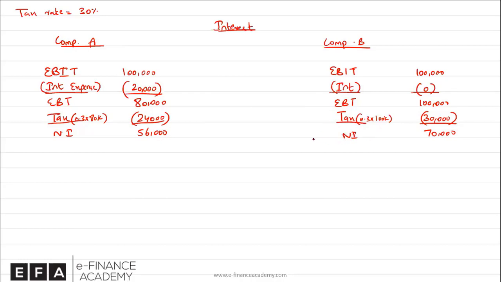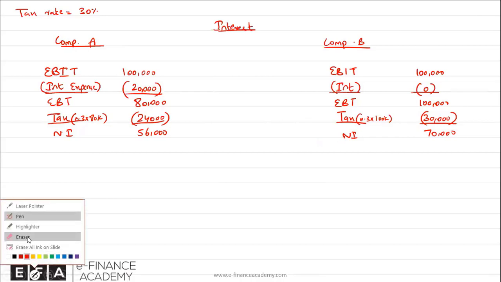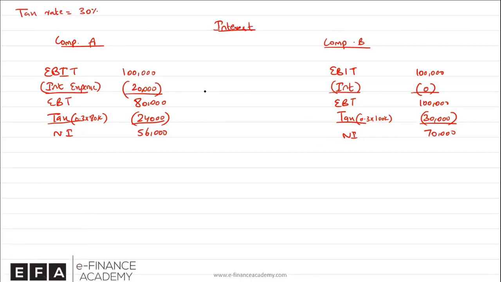All right, now one thing I want you to notice here, because company A is paying interest while company B is not paying any interest on the borrowed amount, therefore it reports a lower profit, and a lower profit means that it is paying a lower tax. In other words, interest is tax deductible. So you're allowed to subtract interest from your profits, and then you pay the tax on the leftover profit after interest. So if you notice how much lower tax company A is paying, company A is saving approximately 6,000 tax